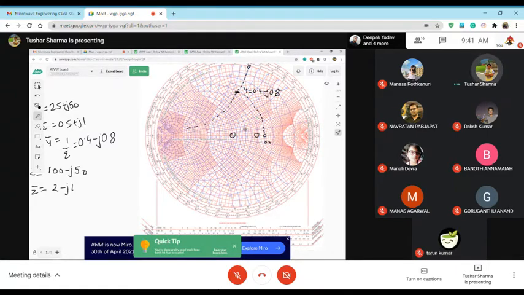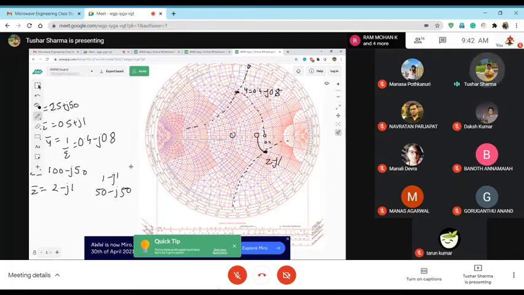So I will move on. Now I am plotting Z. I have to move on the constant R circle like this. This is my constant R circle, and j1. Now I will go to the bottom of the Smith chart because it's negative. So j1 is here and I will plot this first. And this is my Z equal to 2. So this impedance is my 2 minus j1. And if you know a normalized impedance, say somebody gives you 1 minus j1, your actual impedance is 50 minus j50, because you just multiply it by 50.